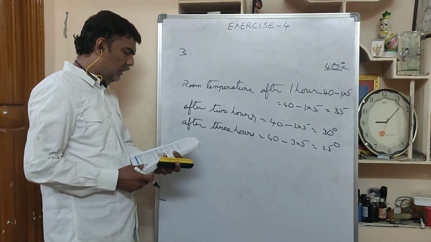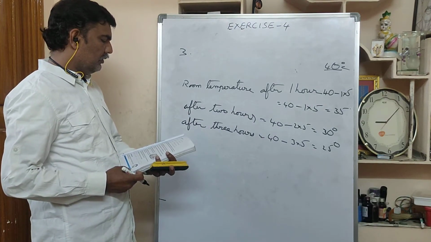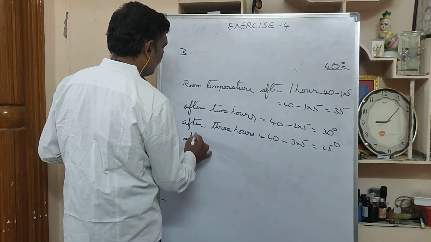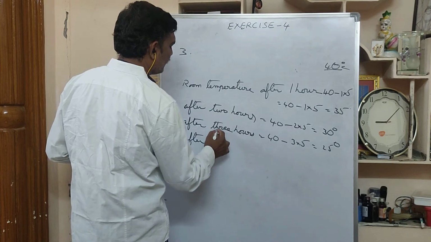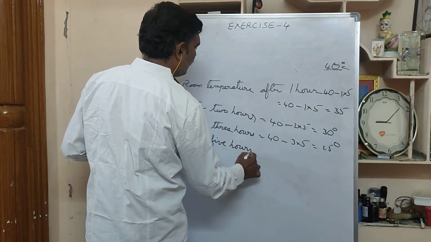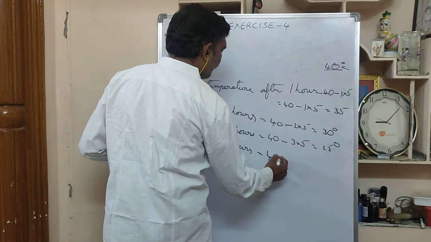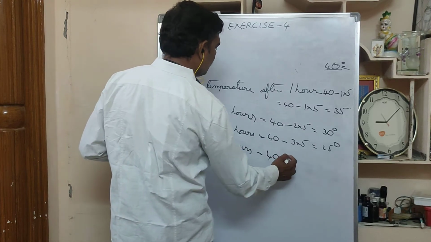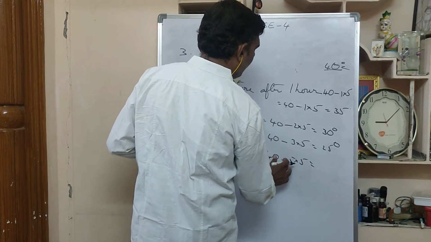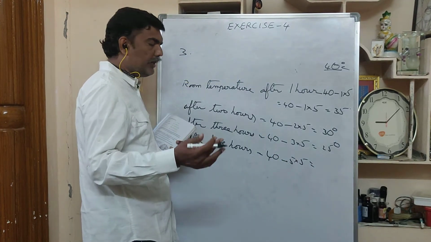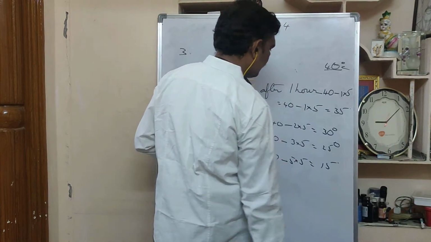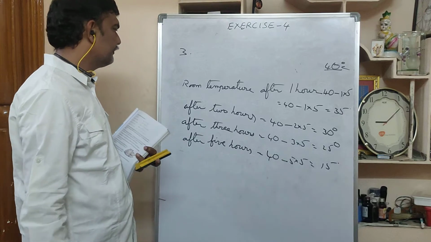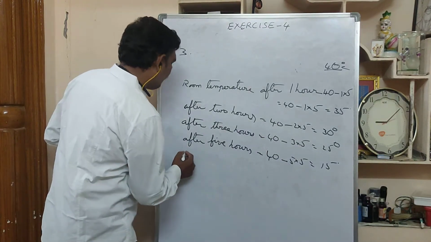So suppose I want after 5 hours. What you have to do is 40 is the same, minus is the same. Here 3 hours means 3 into 5, 5 hours means 5 into 5. 40 minus 5 5s, how much is that? 25. 40 minus 25 is how much here? 15. Very good. Like that, after 10 hours,